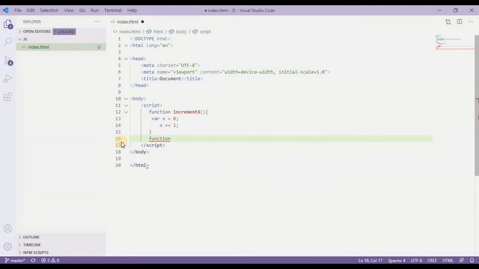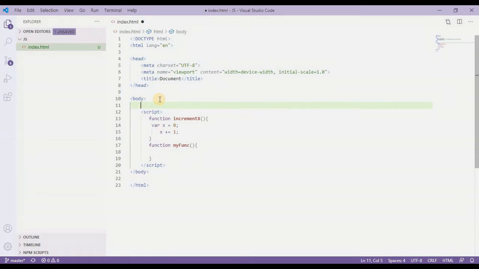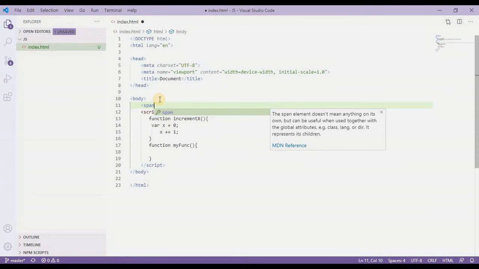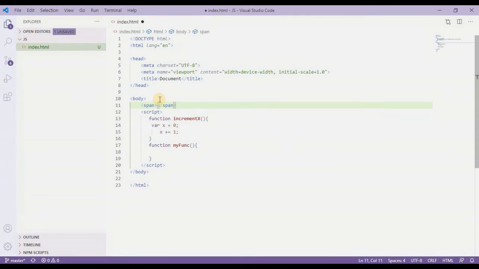So function myFunc equals, I'm going to print this x to some HTML element. So I'll take one HTML element like a span, which has an id, the id is mySpan, and inside this span I'm going to print the x value.